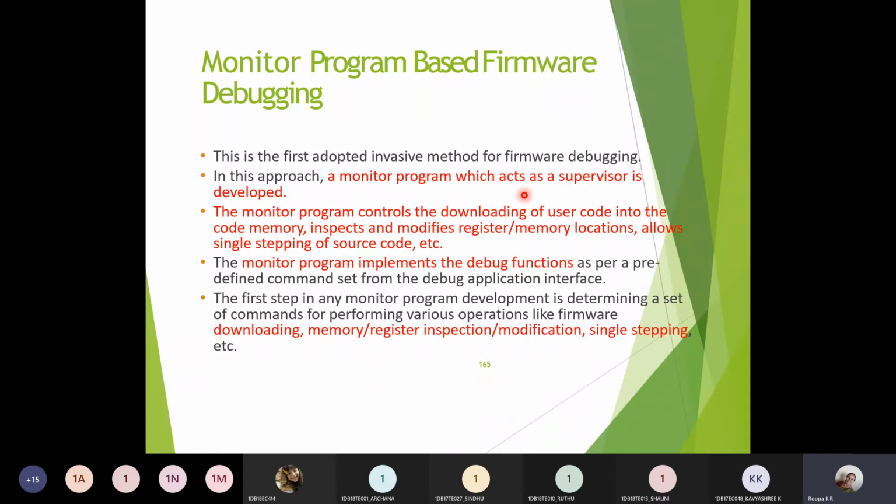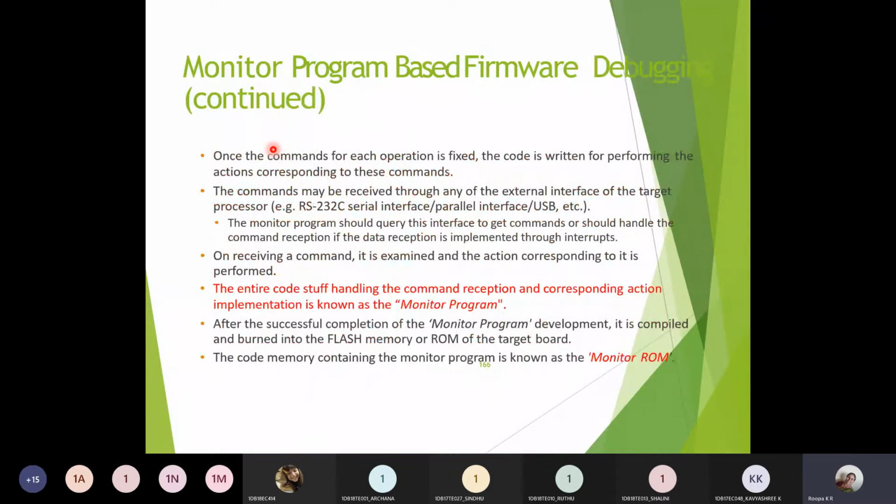At each and every point in this debugging process we can come to know what things are downloaded, what is the status of the memory registers, or what modifications we have made in the code. All these things will be monitored by this monitor program based firmware debugging.